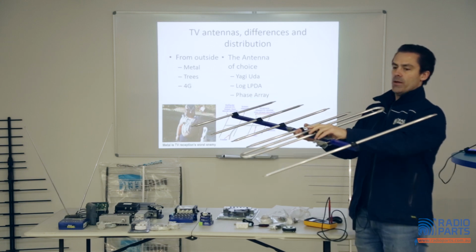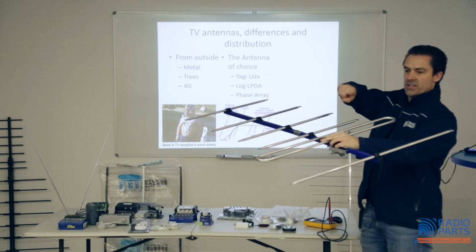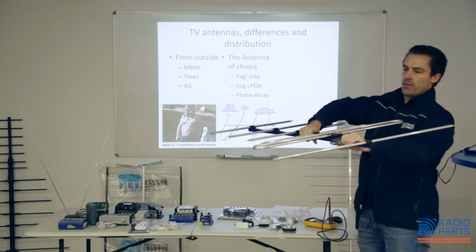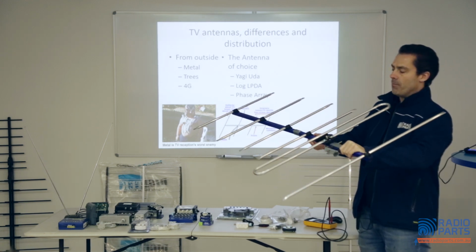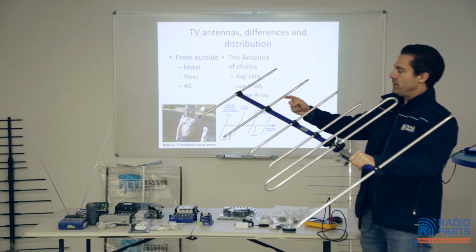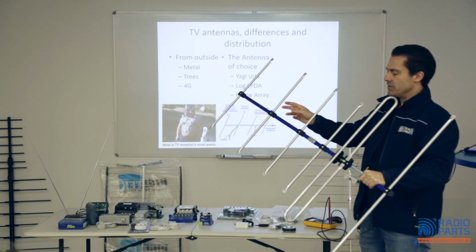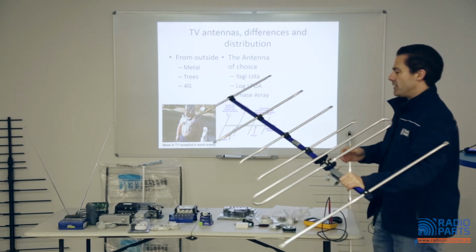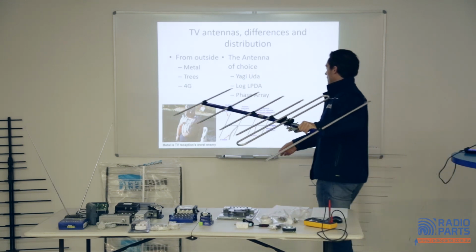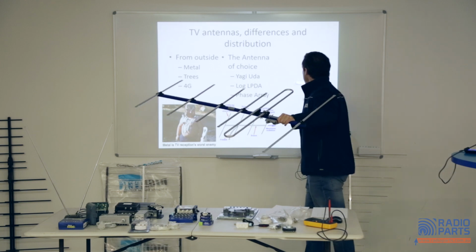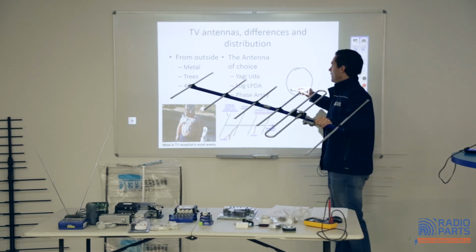So this will pick up a small amount of signal. With a reflector, the amount of signal is going to be drastically improved. And by having directors at the front, called parasitic elements, that'll also change the shape of the signal from a signal that might be fairly round to